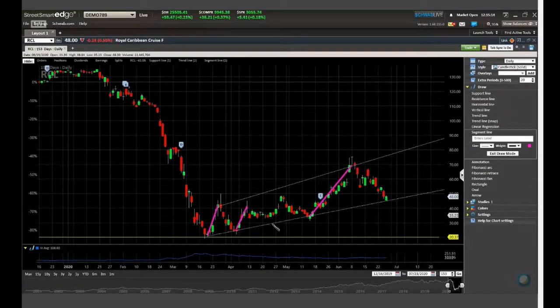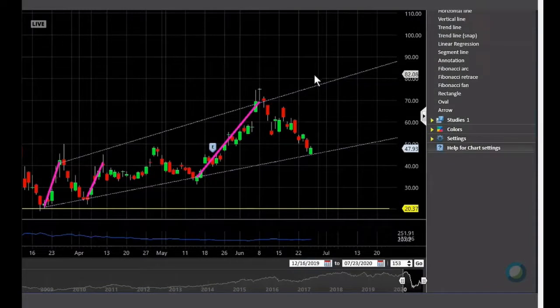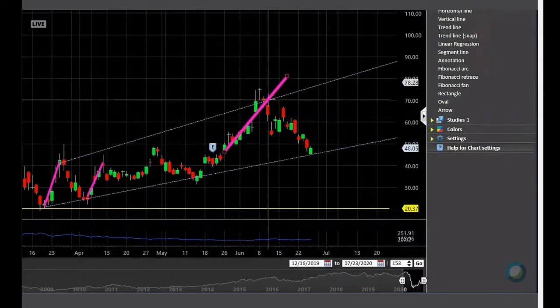Jeffrey, why didn't you do that one? Well, it didn't quite hit that support line. I could add it in there, but I'm going to just leave it out for now. All right, exit draw mode. Here's what you're doing. Now we have it touching its support line. What you'd want to see in a range breakout is it come back up similar to how it did here, but you need it to hold. So here you have a fake breakout, a little falsifier.